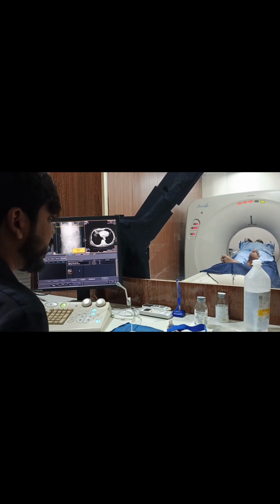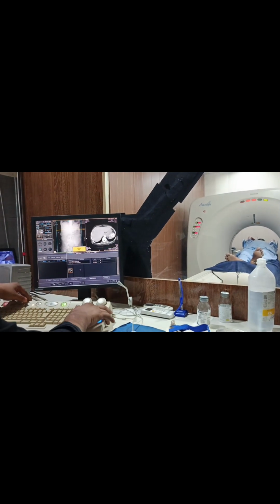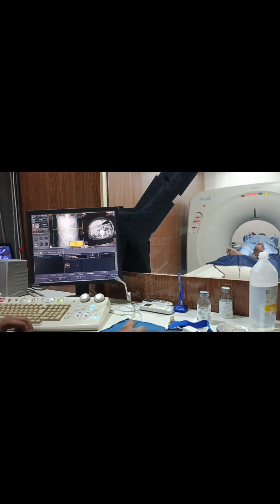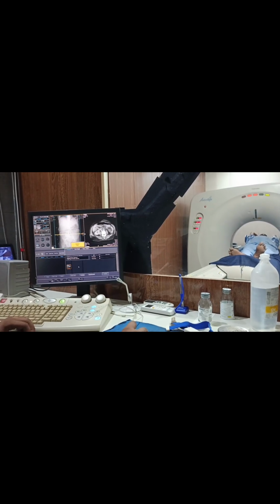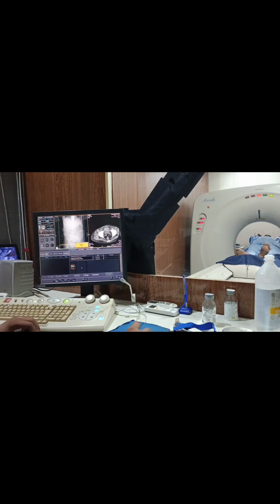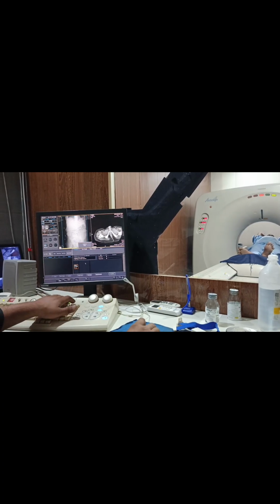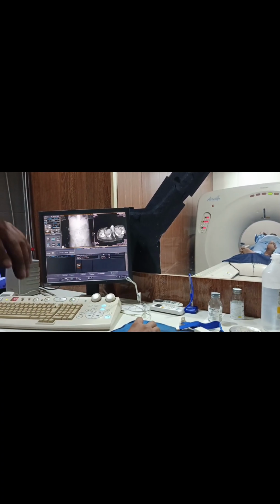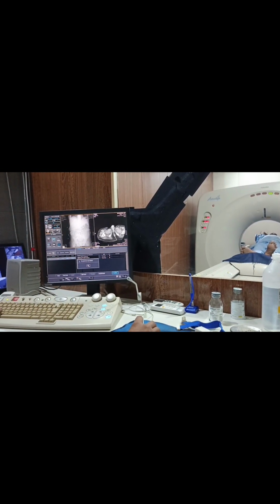The CT scan of the abdomen and pelvis has become a cornerstone of modern medical diagnosis. It reveals hidden details of the body with precision and speed, providing life-saving information for doctors and patients alike. From the moment the patient lies on the table to the final report, every step of the process reflects